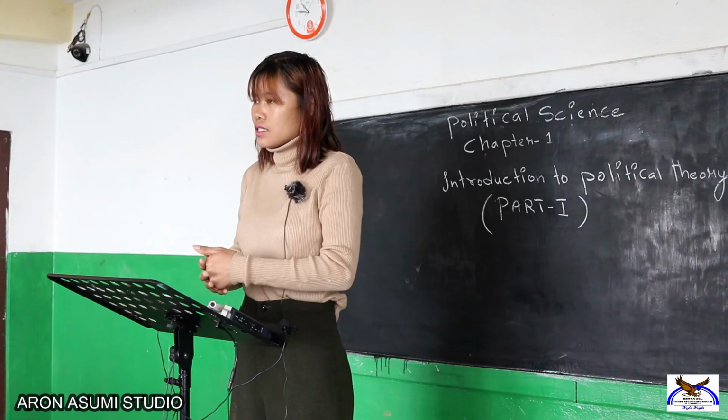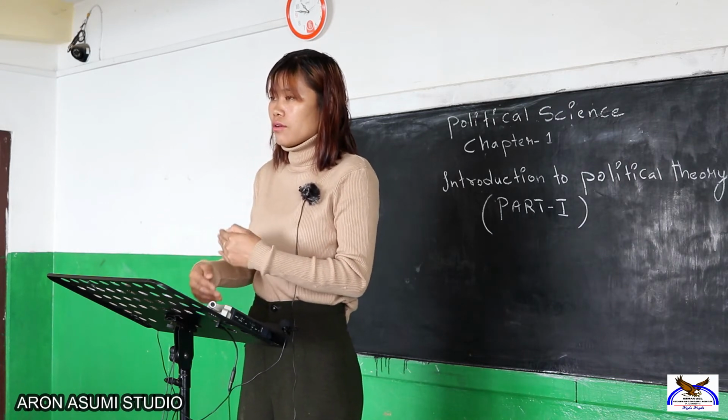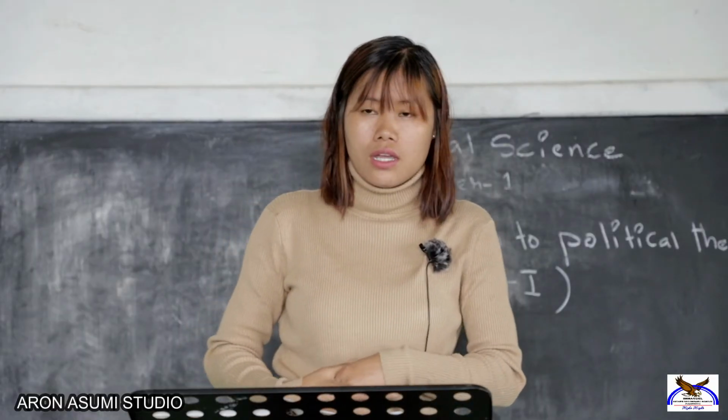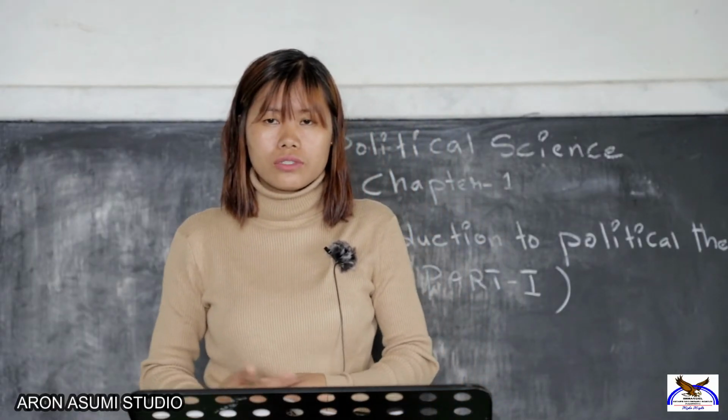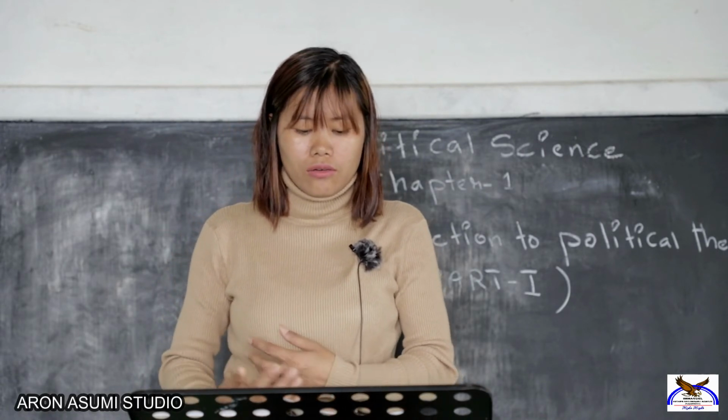Political scientists also talk about how the state should be organized, or how the people should behave in a given society. Even modern thinkers like Jayaprakash Narayan and B.R. Ambedkar were